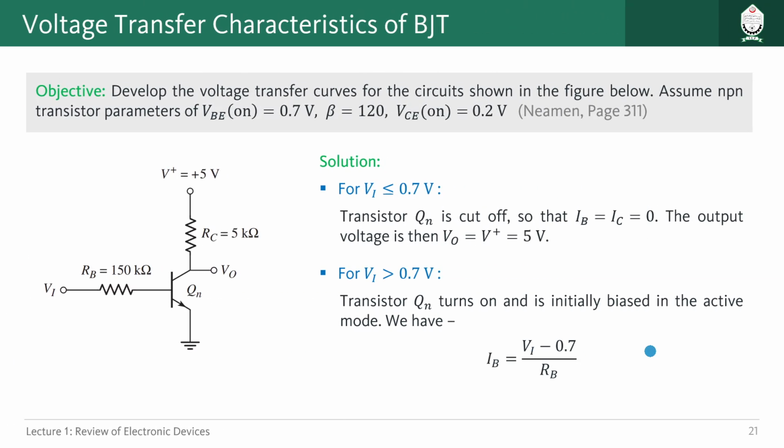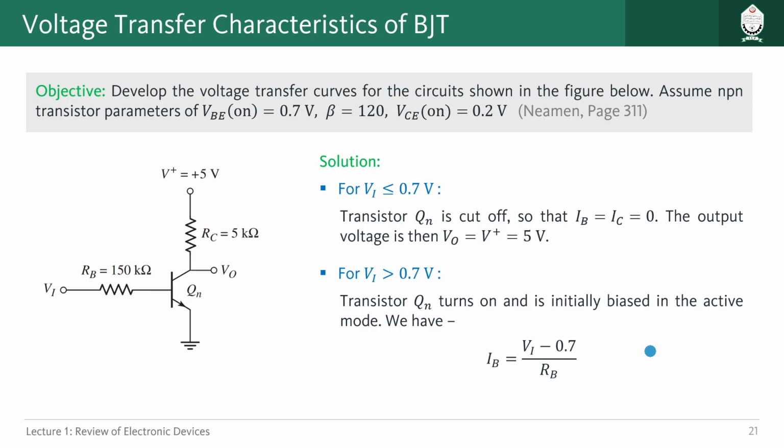Okay, now we will look at voltage transfer characteristics of BJT. So what is voltage transfer characteristics? For a device, how the output changes for a change in input is shown in voltage transfer characteristics. So the parameters we will take is voltage, that's why voltage transfer characteristics. So how the output voltage changes when the input voltage changes for a device is called VTC